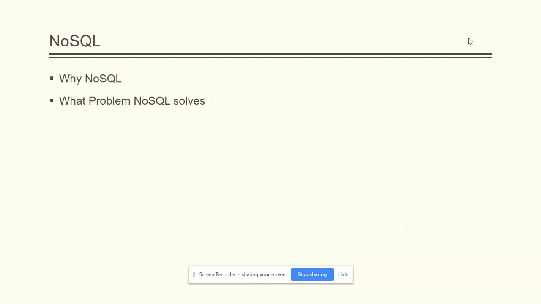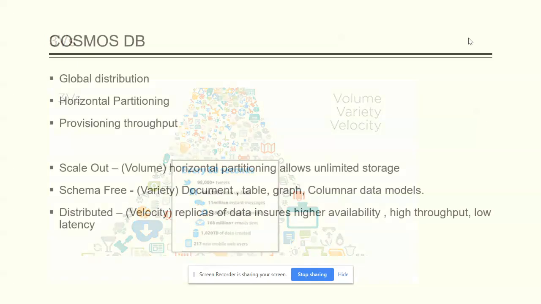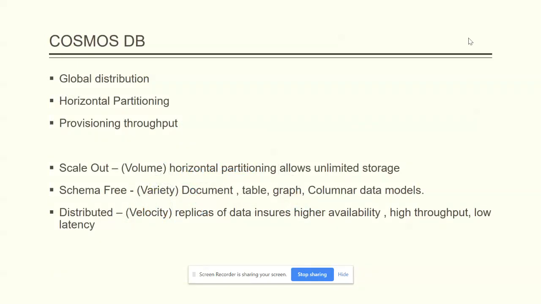Okay, so we know that there are multiple options we have today for NoSQL, like Cassandra DB, MongoDB, Apache DB, OrientDB and Cosmos DB. Cosmos DB is the most powerful and most feature-rich database out of those, and that's why I'll suggest you go with Cosmos DB. You can have your own options, but Cosmos DB provides you a couple of important features, which I'll let you know just now.